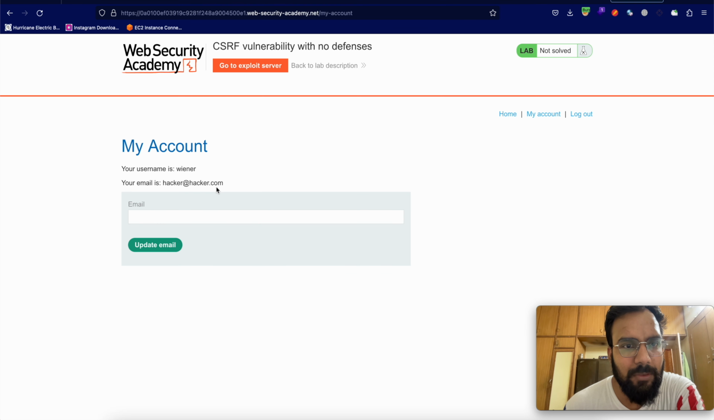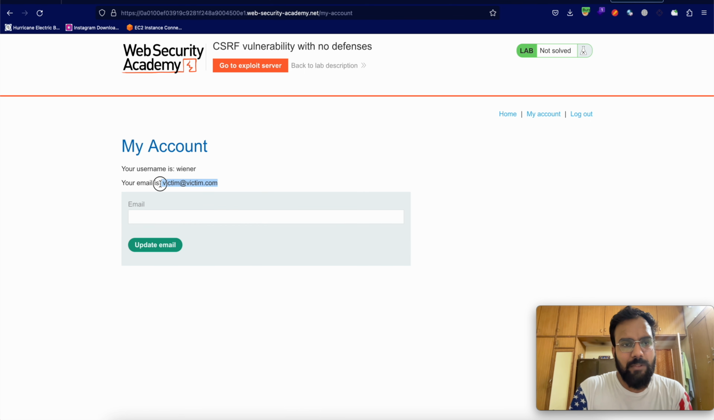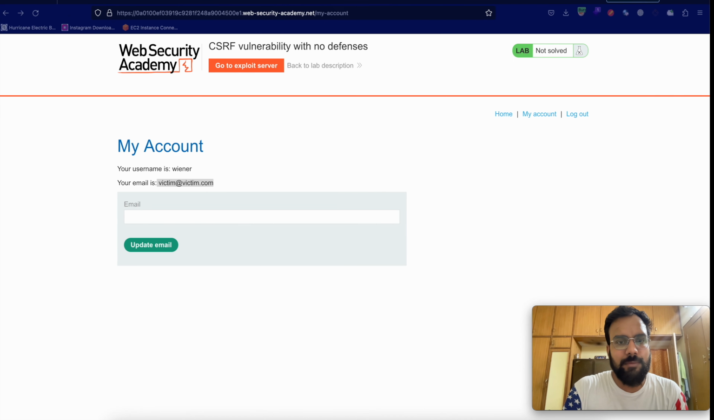So consider this is your CSRF POC, and let me copy this and close this one and turn off the intercept. So as of now, our email is victim@victim.com. Consider this is the email ID as of now, and we want to change it to hacker@hacker.com. So we have to go to,